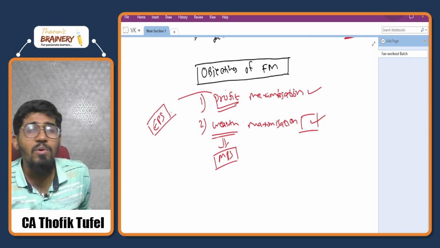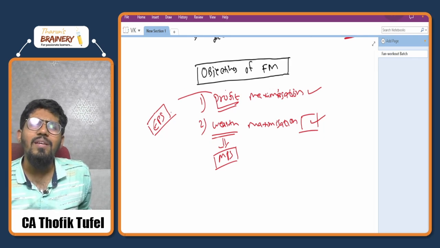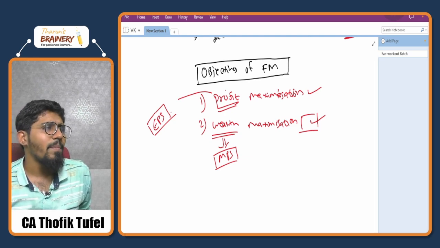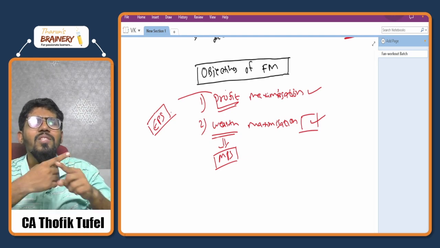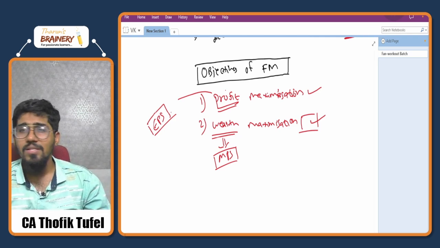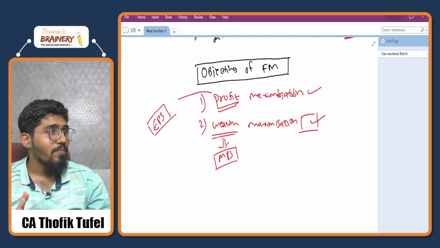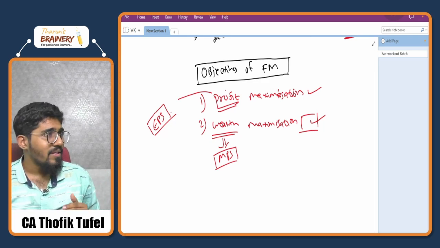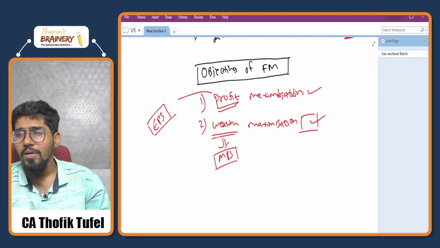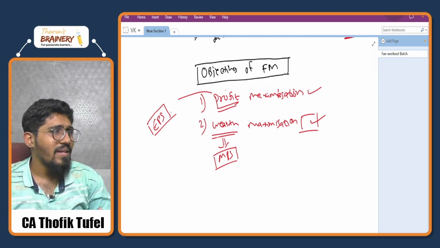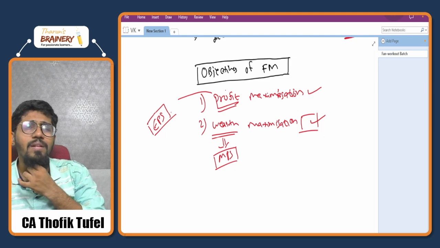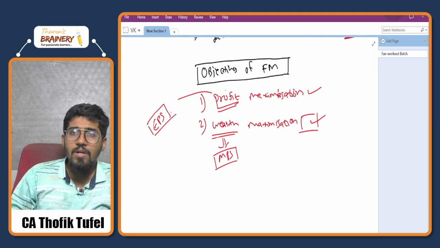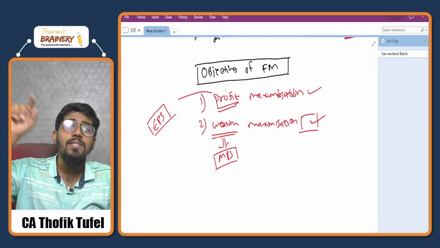Why, sir? Why are they concerned about market price per share? Sir, if profit is more, definitely market price will be more. If profit is less, definitely market price will be less. So they are both linked to each other, na, sir. See, mostly it should be linked, but nowadays these are not linked also. Let me give you an example. Recently, Ola has launched their IPO. It's been a lot of days. Ola is making a loss, from a lot of quarters Ola is making a loss. Even though Ola is making a loss, see, the share price is increasing.